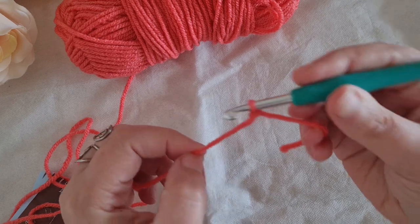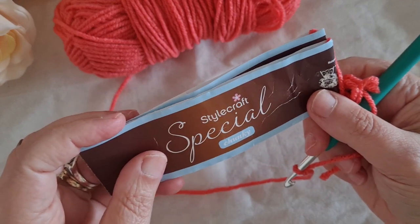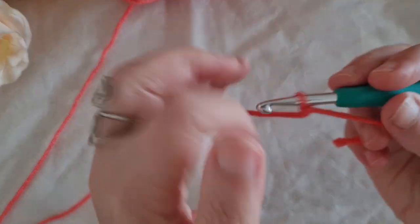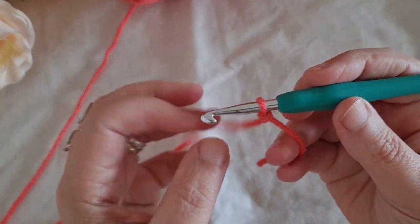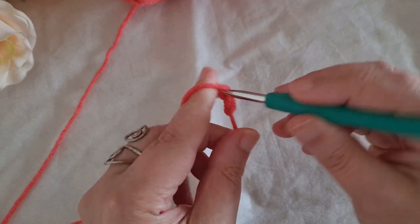I'm using for the purpose of this tutorial my Stylecraft special chunky yarn in this gorgeous color and my 5.5 millimeter hook. So let's start. We start with a slip knot and we chain 4